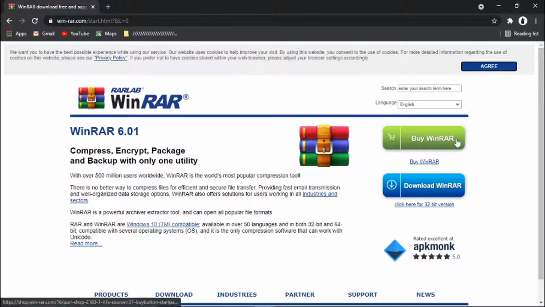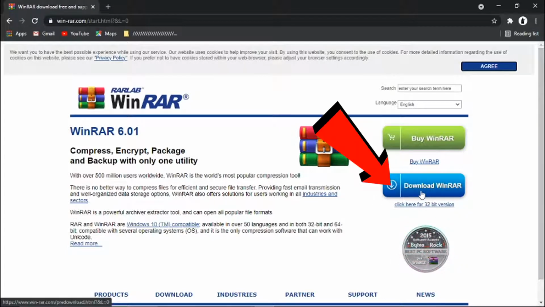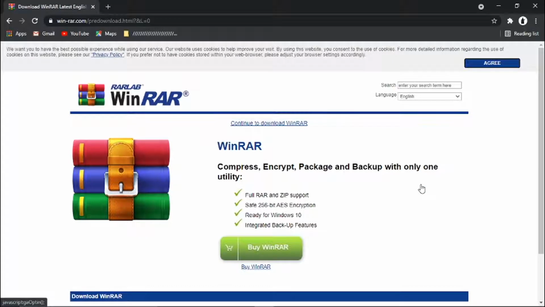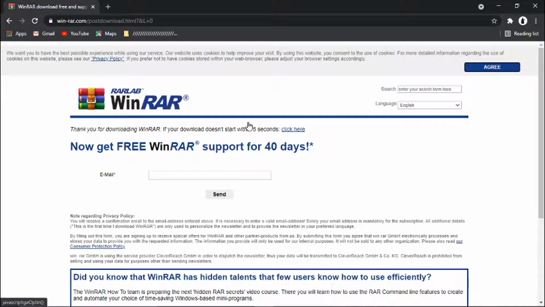So there's a paid version, but you don't need to worry about that. You can use WinRAR completely free. All you need to do is click the blue button here, which says download WinRAR. And from here, just ignore this where it's getting you to buy it. And if you click here at the top where it says continue to download WinRAR,